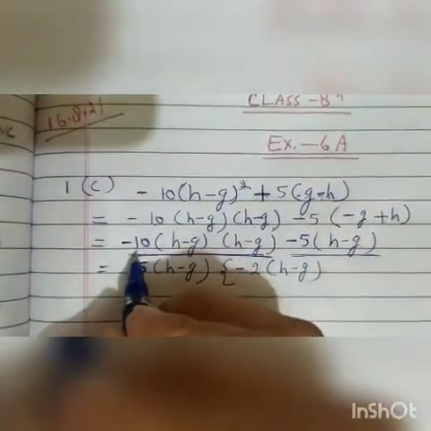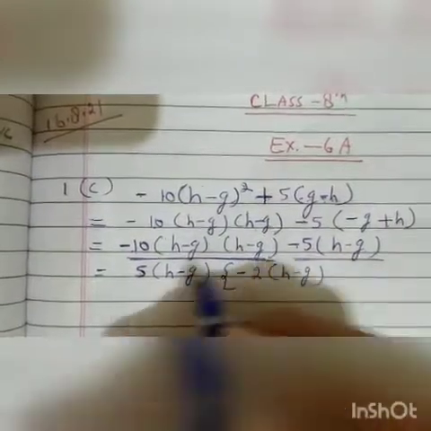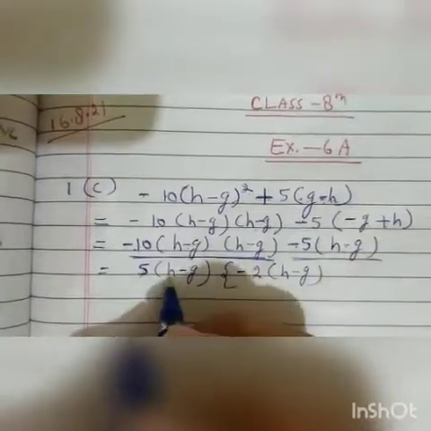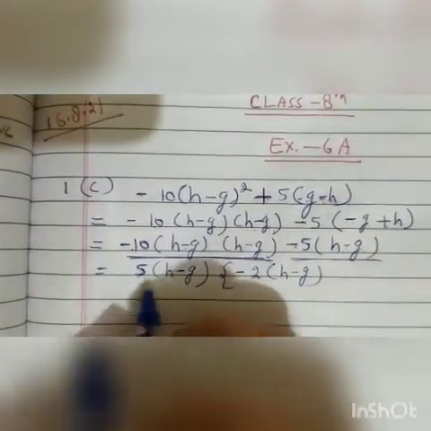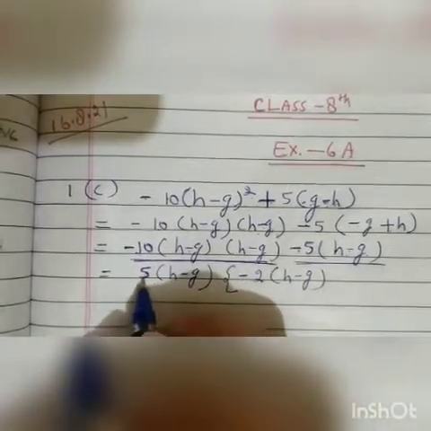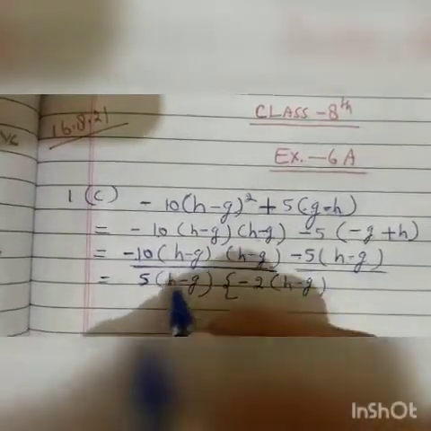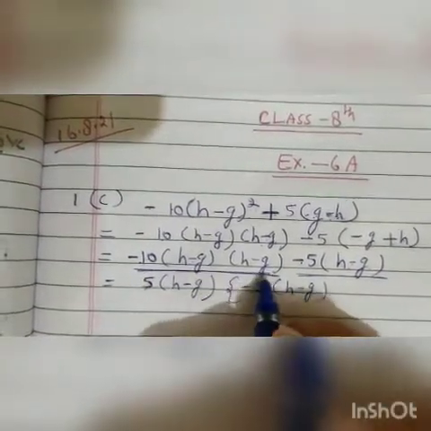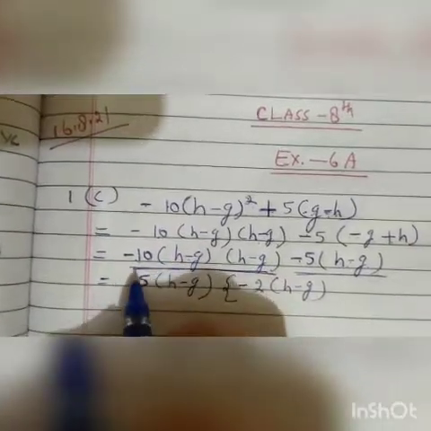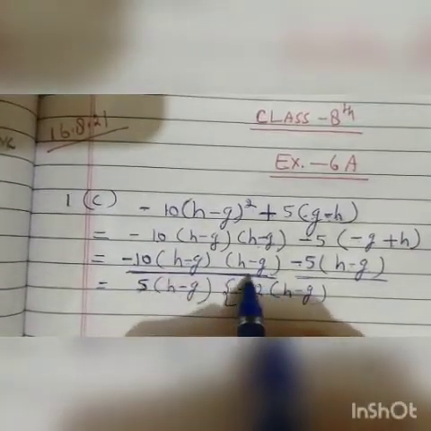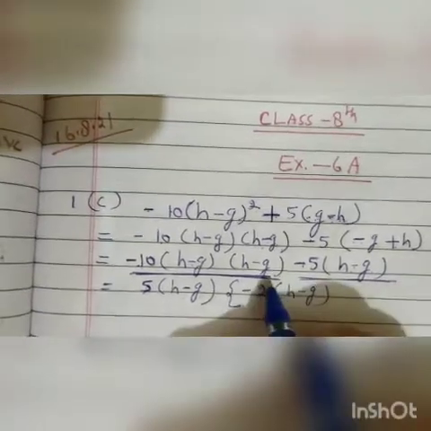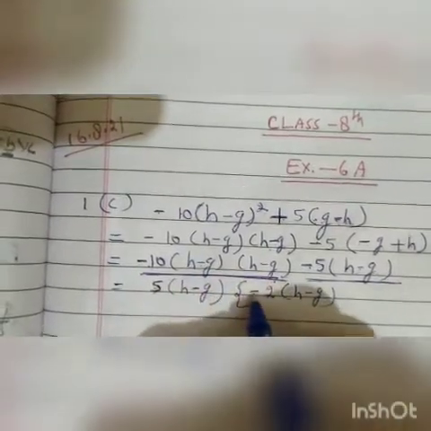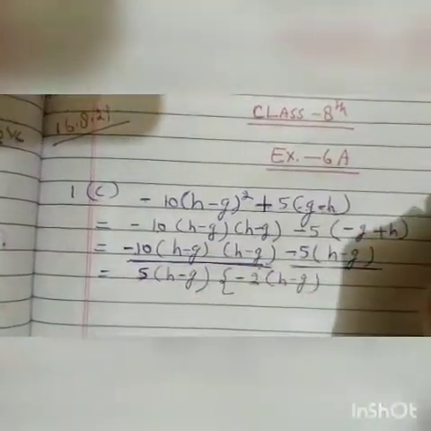Again see, we have taken from this minus 10 and minus 5 common 5. This h minus g in both is the same, so we will take common h minus g also. What is the whole common? 5 into (h minus g). Now divide it. 5 into 10 is minus 2. Beta, this is not a division line, it is simply an underline. I have explained that this is the first term and this is the second term. It is not a division line. So 5 into 10, it is minus 2. h minus g common.